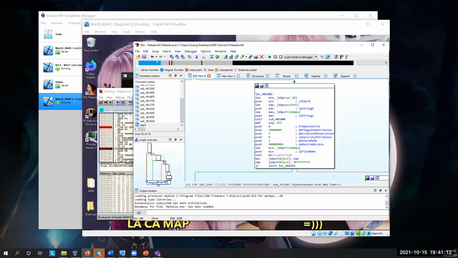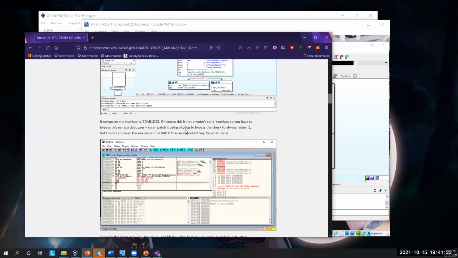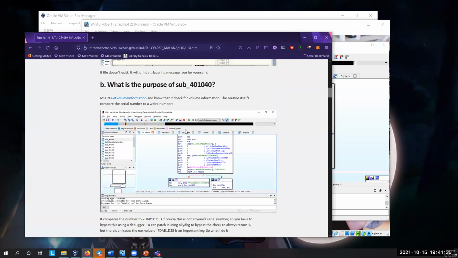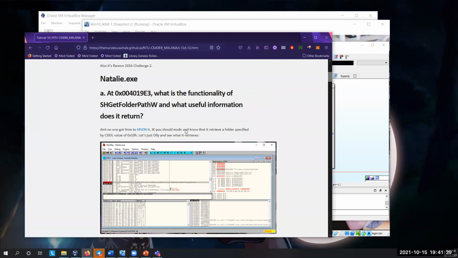So for this particular malware, after you know that it needs this briefcase folder to be inside, it will actually do something about the stack. So let me just show it, because in order to fix that bug, it will take me a lot of time, and I don't think I have time for that. So